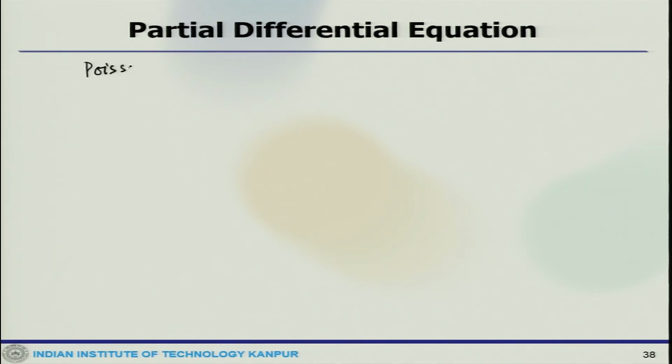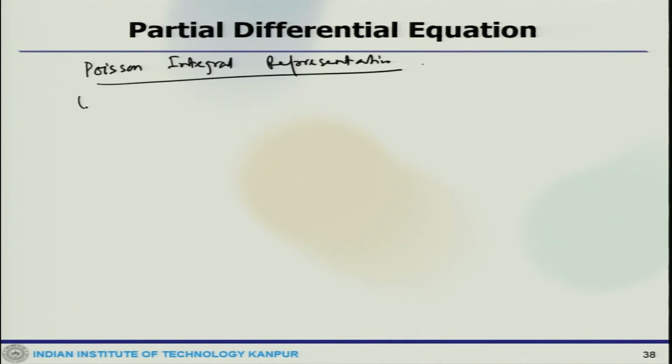So, what it says is that let g, which is defined in minus pi to pi, be a continuous function